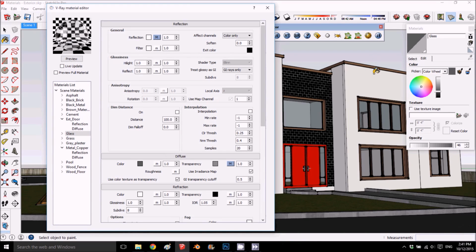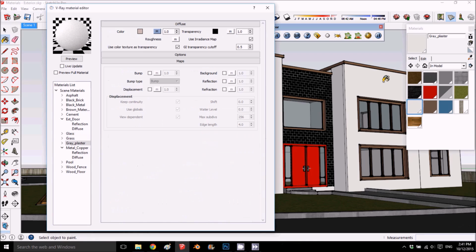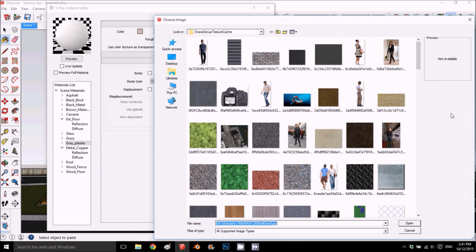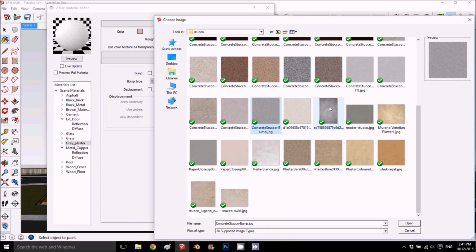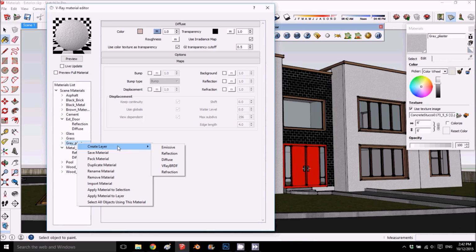Okay, next we're going to do the stucco or plaster, whatever you call it. So we have here some photo, but I'm going to change it because I want a light gray. This one is good. Okay, so I got this gray stucco and plaster, whatever, and what I'm going to do,